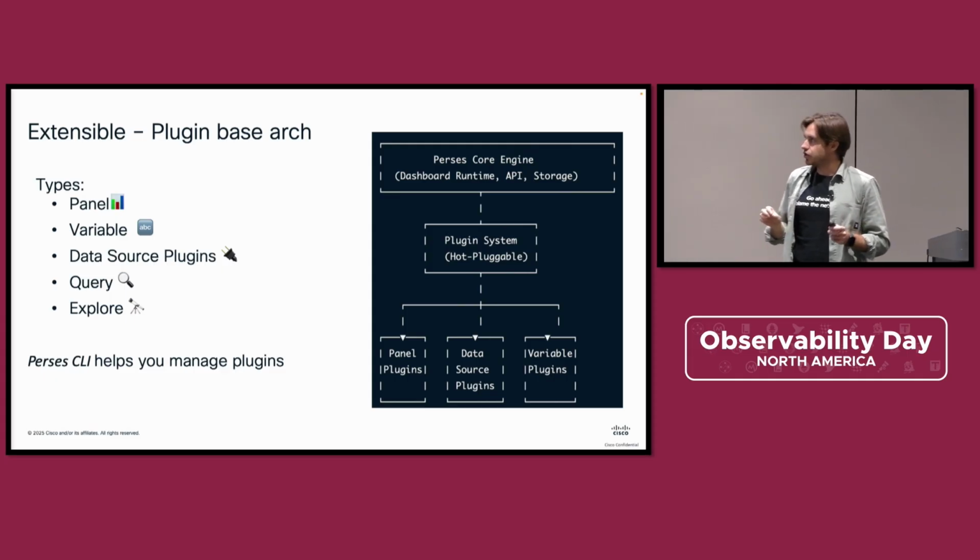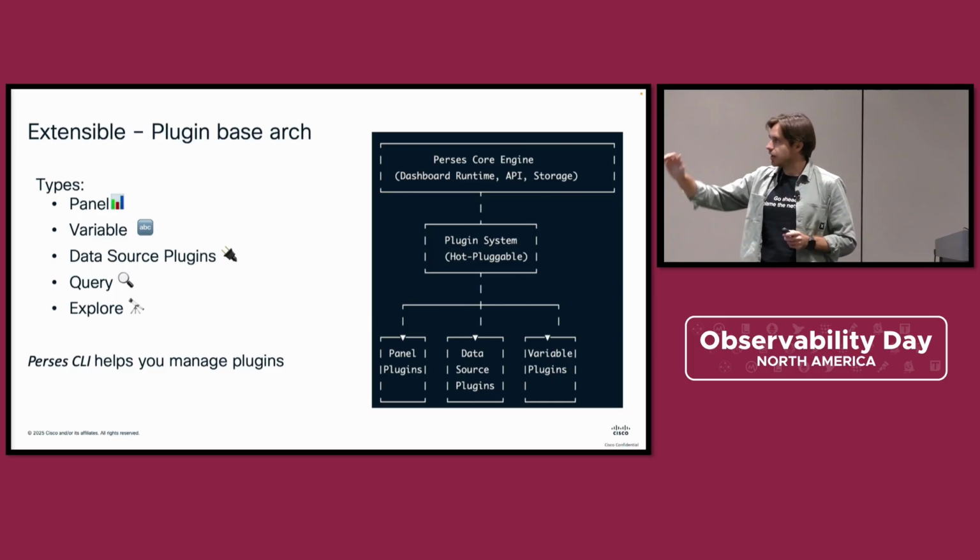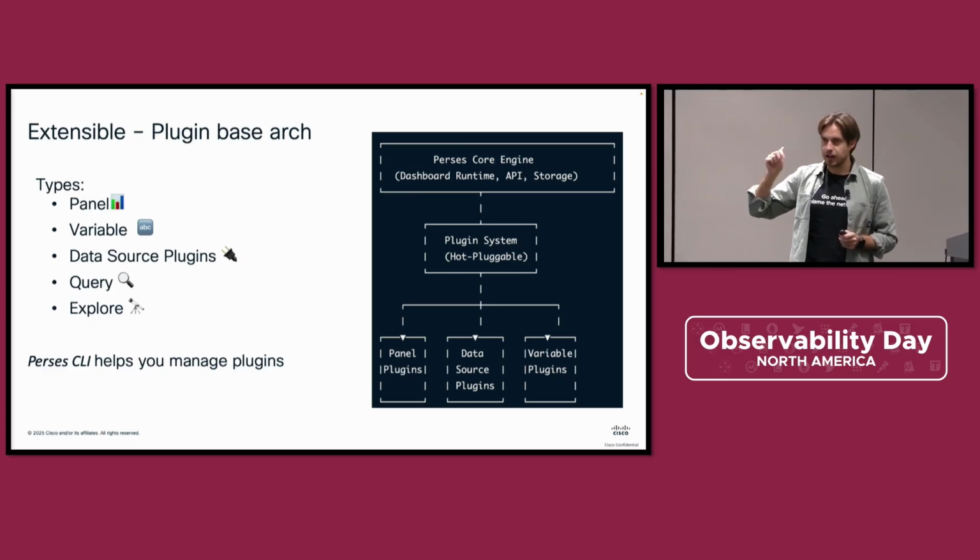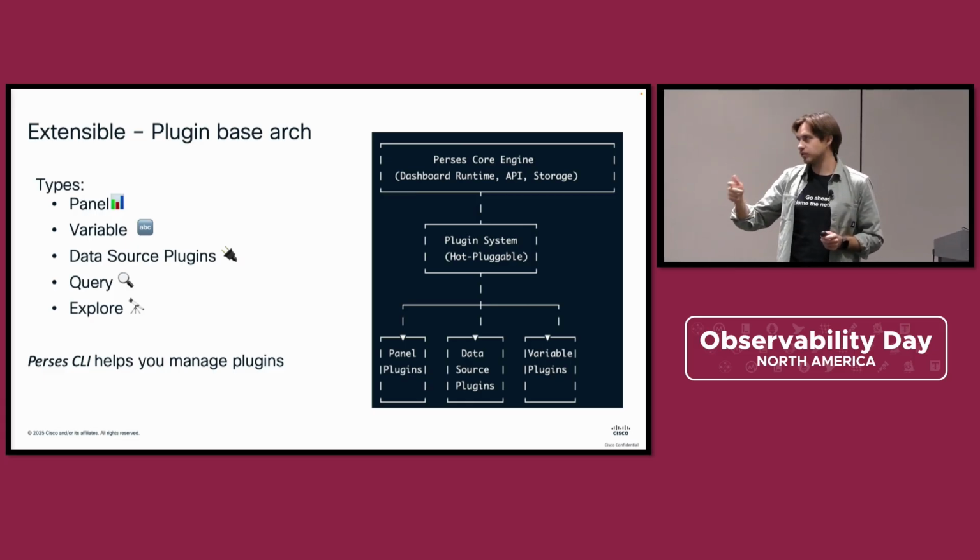Perses is built using an extensible and pluggable architecture, which means that the core is quite basic and simple, and everything is a plugin. Every single panel is going to be a plugin, like the charts, the table, the gauge. All of them are going to be panels. The variables are also going to be plugins, like a custom variable, a list of possible variables,